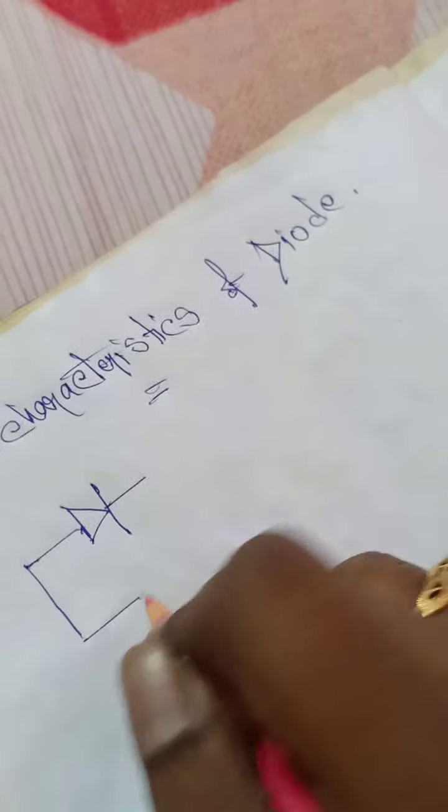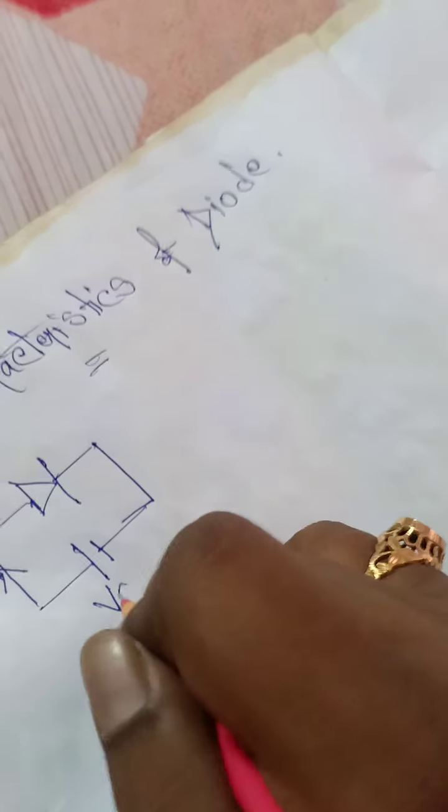Before going to the topic, reverse recovery characteristics of diode, first of all, we have to know about the simple VI characteristics of the diode. So briefly, I am explaining that. See, this one is a diode symbol, and it is connected to a battery source. The current is flowing in this direction. This is the source voltage. This is plus, this is minus.